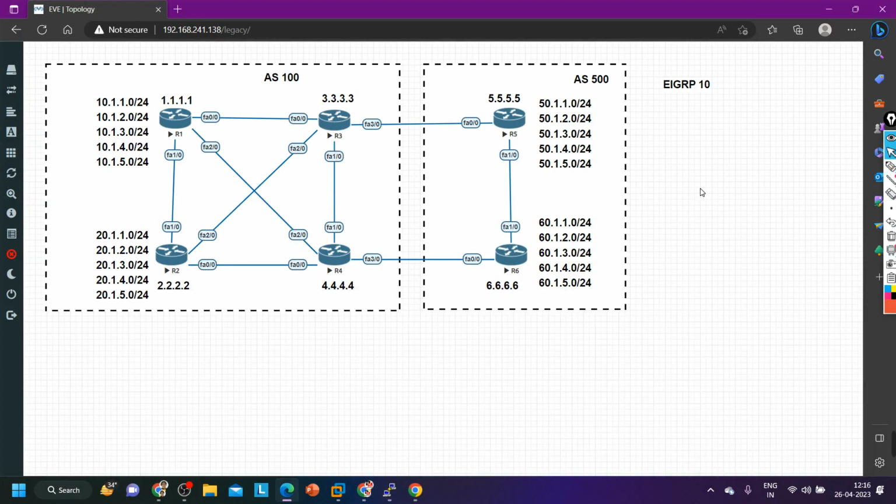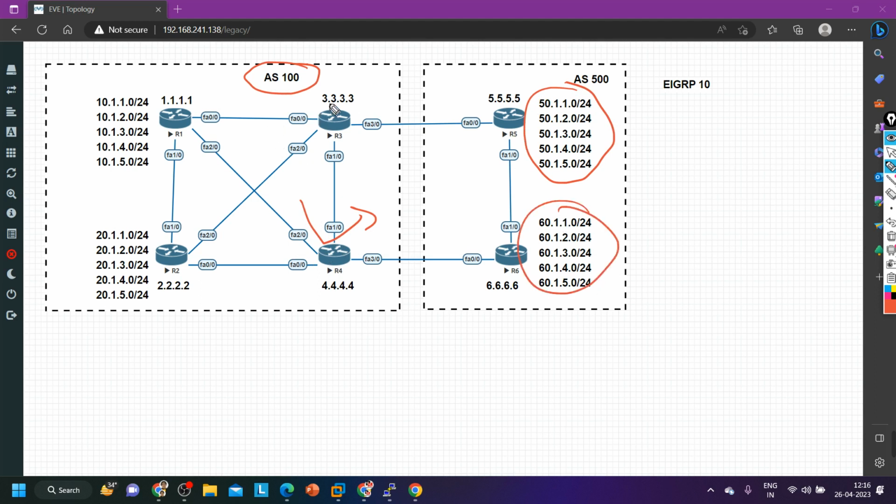Done. Now my requirement is whenever traffic exits from AS100 to AS500 for 50 prefixes, it should go via router number 4, and whenever traffic exits from AS100 to AS500 for 60 prefixes, it should go via router number 3. This can also be my requirement. Yes or no? So here what we can do, see, on router number 4, first of all,